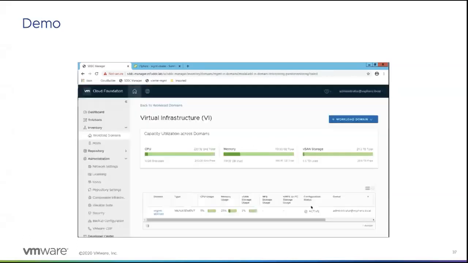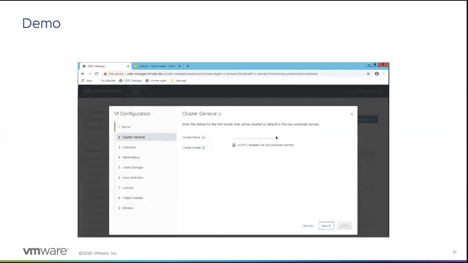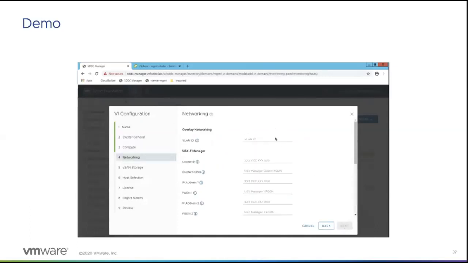We start by assigning a name to the domain along with a name for its first vSphere cluster. A dedicated vCenter server instance gets deployed for each domain. We simply provide the IP address and fully qualified domain name and set the desired root password. Each domain also includes VMware NSX. To deploy NSX, we simply enter the IP address and hostname information for the NSX manager appliances and set the